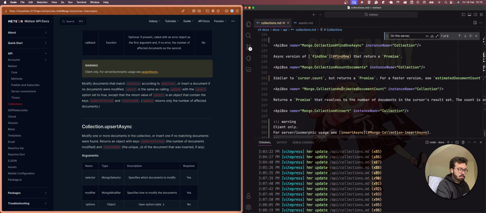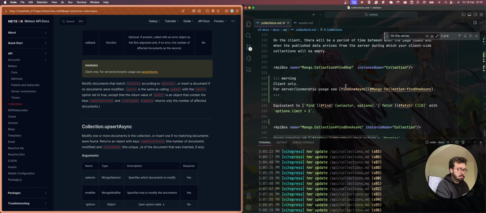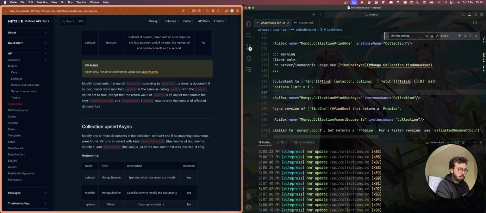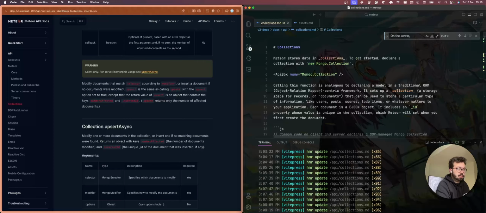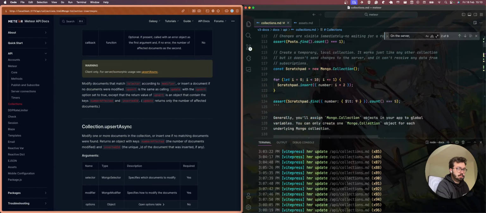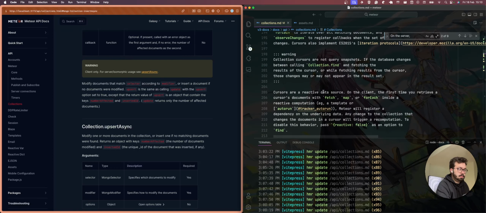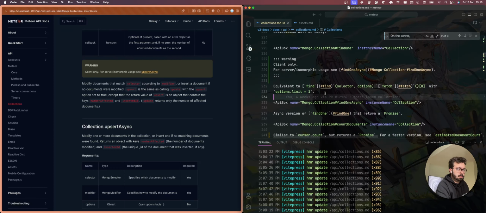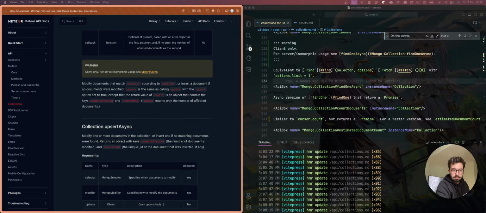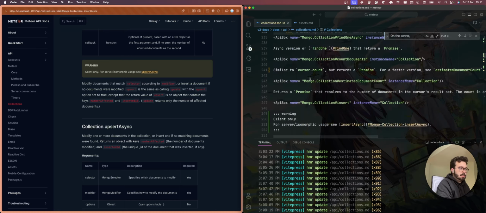I guess it's okay for the collection methods now. Yeah, I think that's okay for now. Find one async, it's okay.